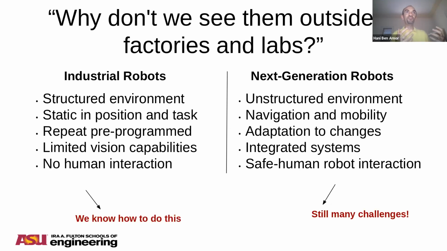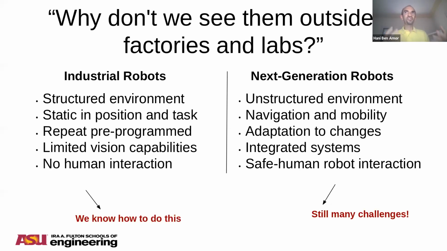And so that's what we mean by structured environments, like any sort of manufacturing plant that you can design and create in such a way that it actually helps the robot. Whereas human environments are unstructured. For example, right now I'm in North Africa, Tunisia, and in Tunisia we have a lot of sand. And walking on sand is not necessarily exactly the same thing as walking on paved ground. So another aspect with these industrial robots is that they're static in position and task,